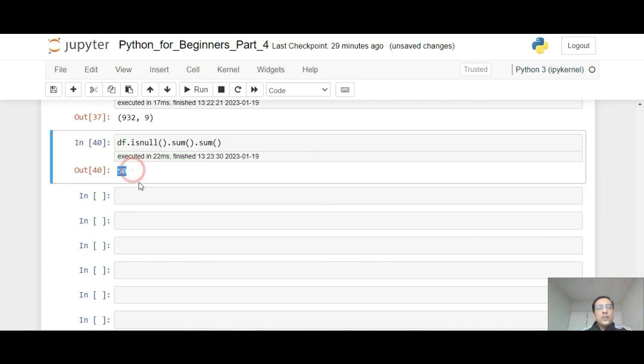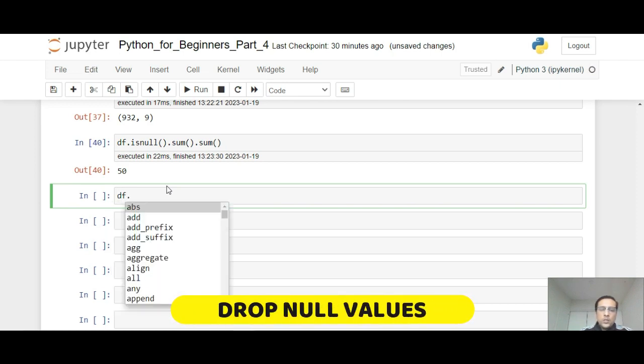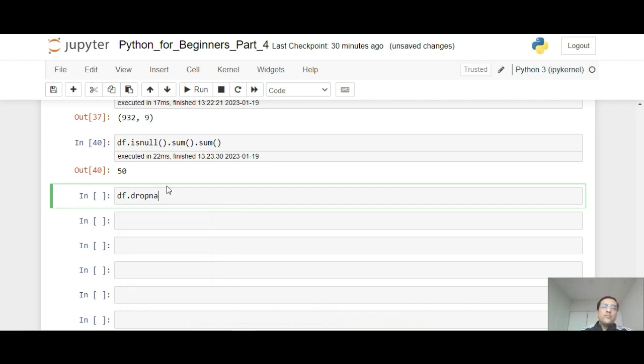And that's total 50, right? And I don't want all this null value for now. I want to remove all these null values, so I can drop them as well. How do I drop them? I can do df.dropna. When I do df.dropna, essentially it will delete all the rows wherever it finds any kind of null value